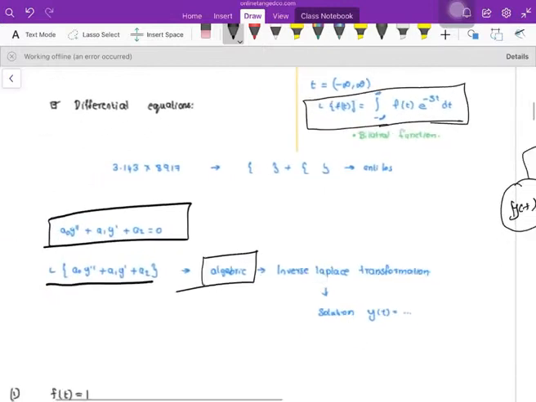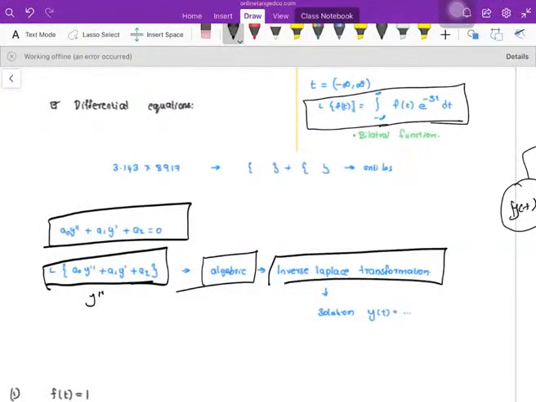You got it, right? Suppose I am having a differential equation with y dash and y double dash. The solution can be obtained by taking the Laplace transform, getting the algebraic form, finding the solution, and then taking the inverse Laplace. Finally, we will obtain the solution. These are the solution steps, and one of the major applications of the Laplace transform. The other applications are the Heaviside function and the Dirac delta function. I'll teach you that once we go into the